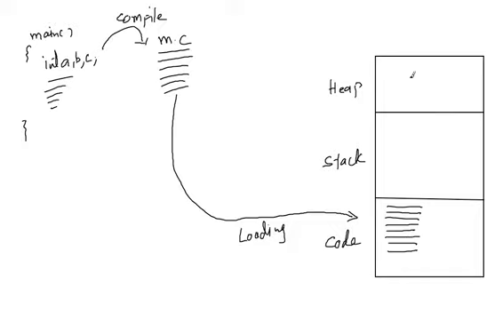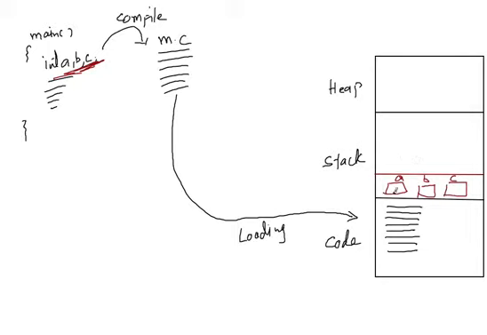Now let us talk about stack and heap. If we observe here, the program has three variables. Whatever variables are declared inside the program, memory is required for these variables. So that memory is allocated from the stack section. Once the program starts executing, the beginning part of the program will allocate the memory for those variables from the stack. Let us say it will allocate the memory for A and B and C.